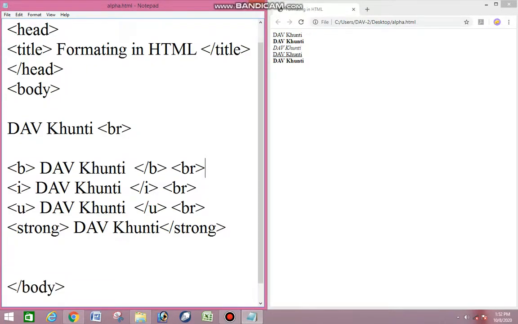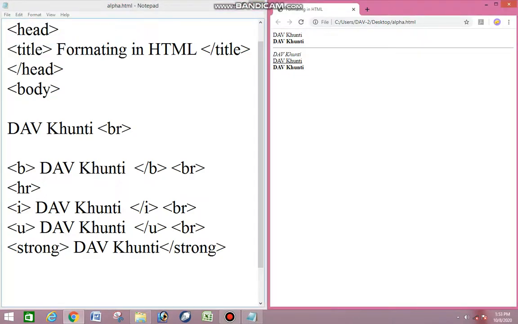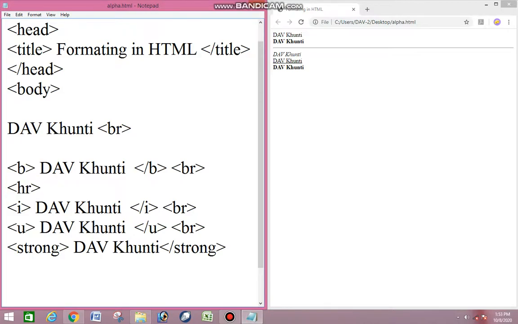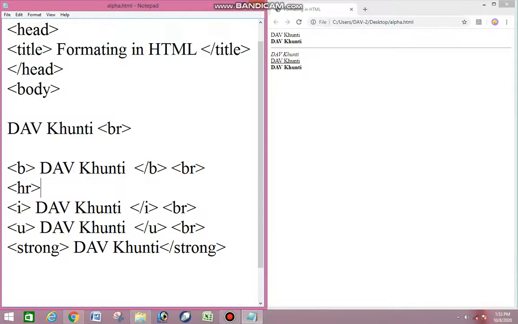Okay. Now I want to make a line, HR. You can see HR. HR means horizontal rule. Okay. HR tag is used to draw a horizontal line in web browser. Okay. But this is not visible clear,